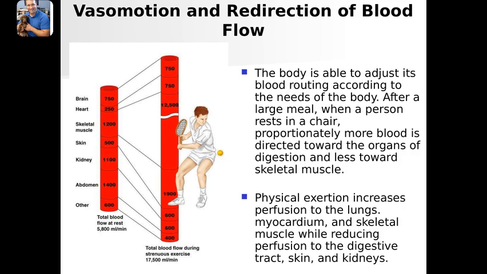So the physical exertion is going to increase perfusion to the lungs. That means more oxygen, oxygenation of tissues. The heart is going to get more blood and oxygen flow. The skeletal muscles are going to be empowered, and a lot of blood is going to be shunted to them so they can do their work. Also, the digestive system, the kidneys, the skin, they're going to receive less because they're not really a priority at that particular time. So think about what the flow is when you're sitting in class